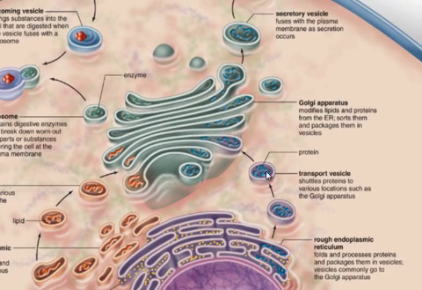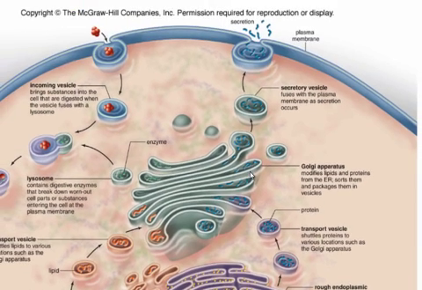The little blue structures represent brand new proteins that have just been synthesized, and these transport vesicles then move to the Golgi apparatus. They fuse with the Golgi apparatus. Those proteins can be modified, sorted, packaged, and then sent on their way. If you look towards the upper right-hand portion of the diagram, this represents some proteins that need to be secreted. Many things that are manufactured inside the cell need to be released outside of the cell. And so these secretory vesicles break away from the Golgi. They move to the plasma membrane, they fuse with the plasma membrane, and then those proteins are going to be